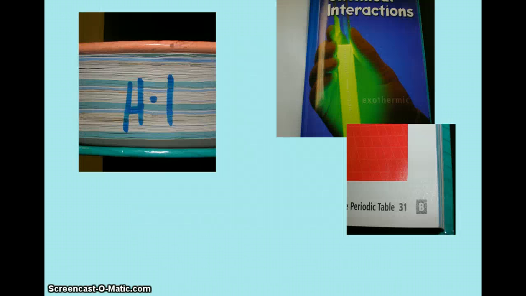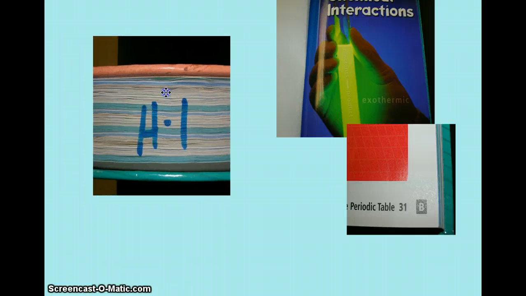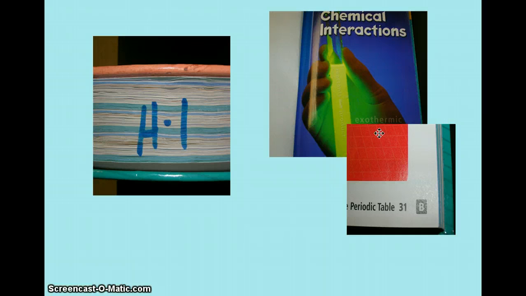Now, if you look at the bottom of your book, you're going to see the textbook number, which should go onto your inventory with your name and any damages that you find in your textbook. The first book in the series that you open the first page to is going to say Chemical Interactions,